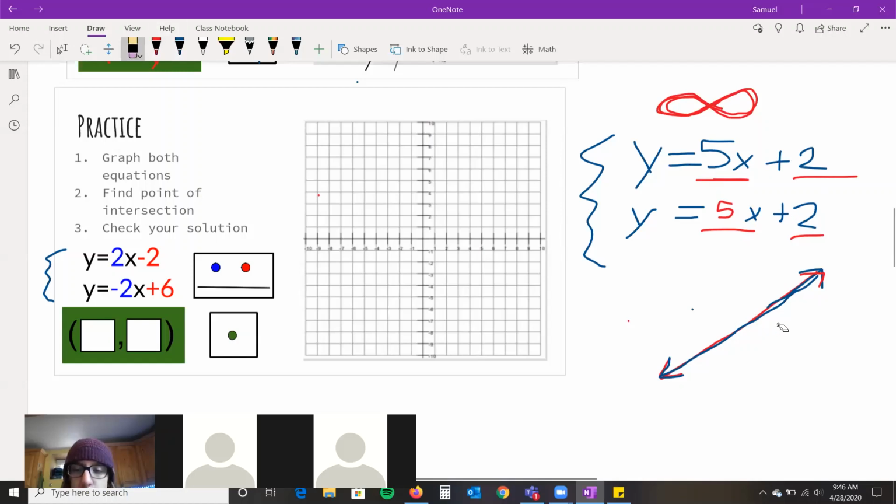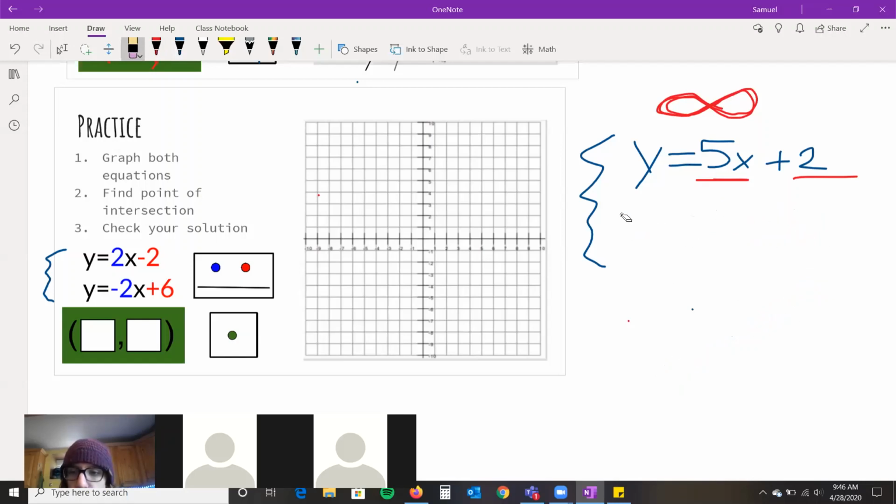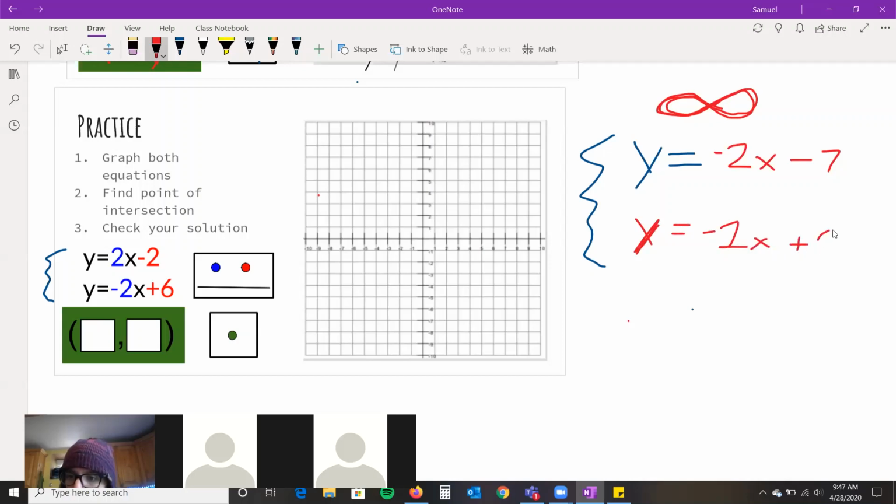All right. Tip number 2. If you've got two equations, let's mix it up. Let's say y equals negative 2x minus 7. And this one says y equals negative 2x plus 2. Okay? So if this is our system of equations,